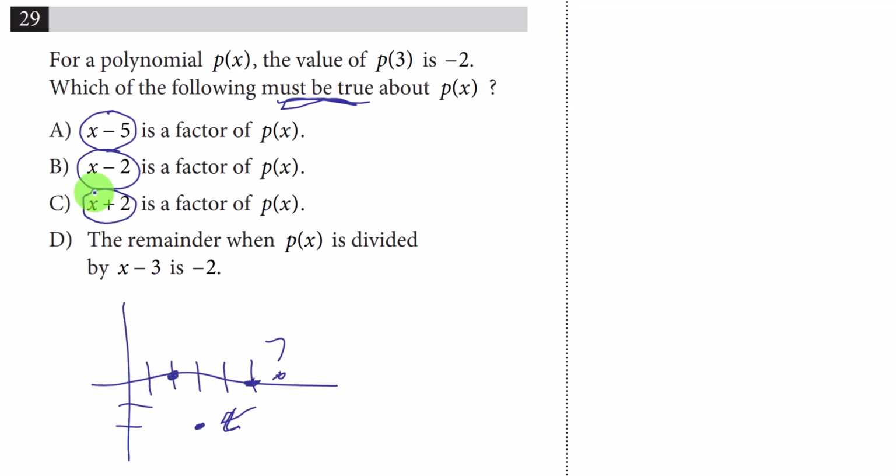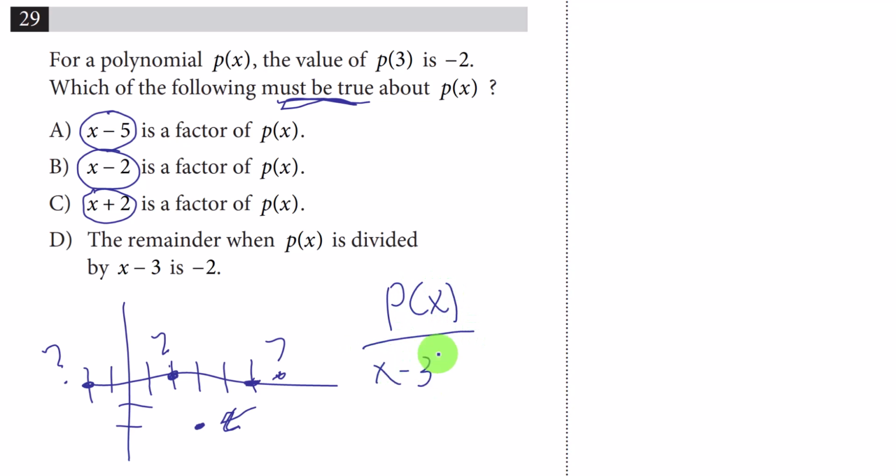And x plus 2 tells you that there's a root at -2, 0. Is there a root there? We don't know. All right. So basically, based on elimination, we know the answer has to be D, but let me show you how you get to choice D. So they're saying p of x divided by x minus 3